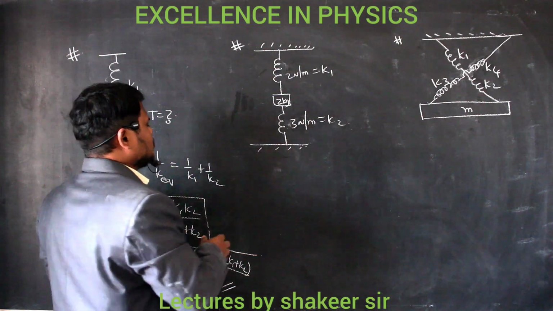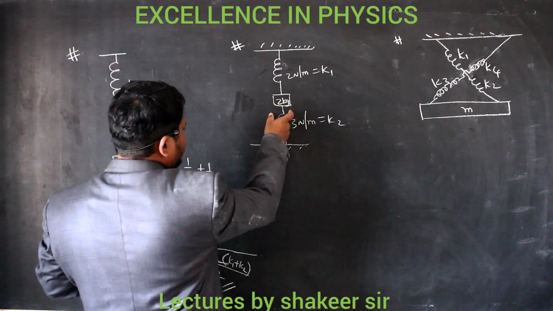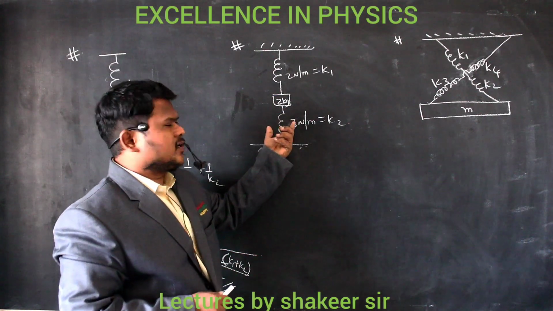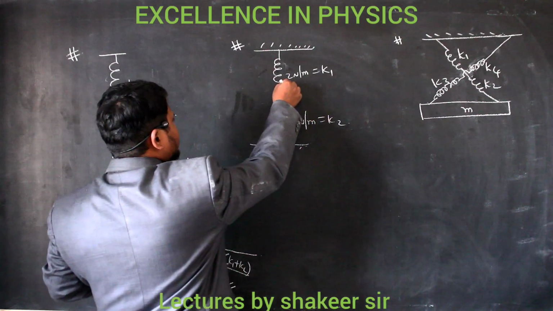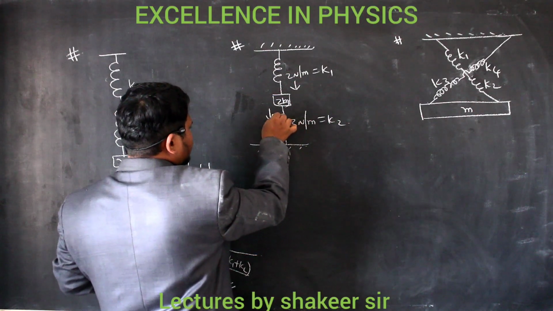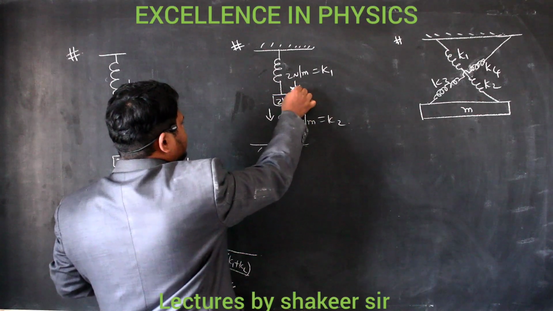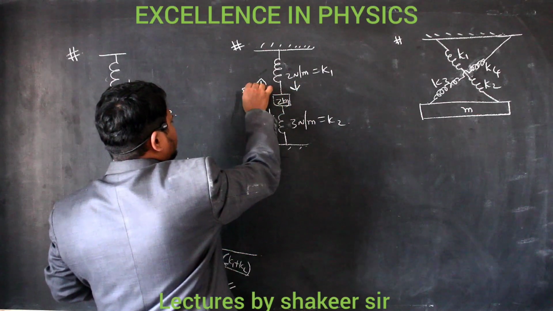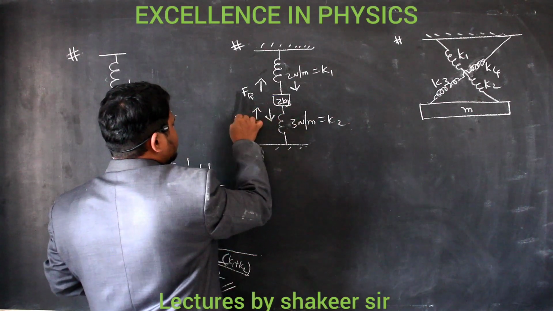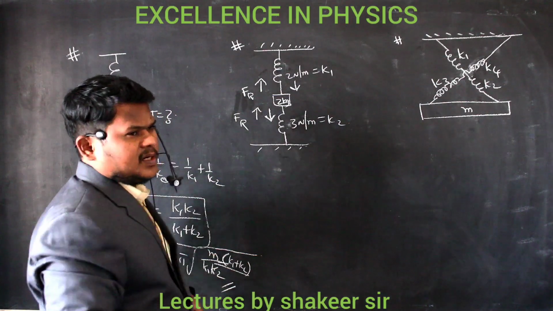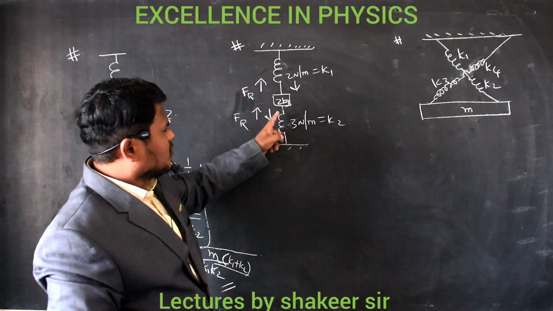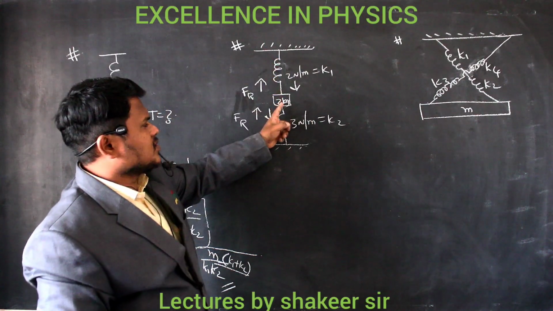Very simple. You hold this mass and displace it by a small distance of 1 centimeter. So hold this mass and pull it downwards. Then what will happen? This spring elongates downwards, and this spring compresses downwards. If it elongates in this direction, then it develops a restoring force in the opposite direction. Similarly, if it compresses downwards, then again it develops a restoring force in the opposite direction. Both these springs are attached to this mass, so definitely both of them will provide restoring force on this mass.